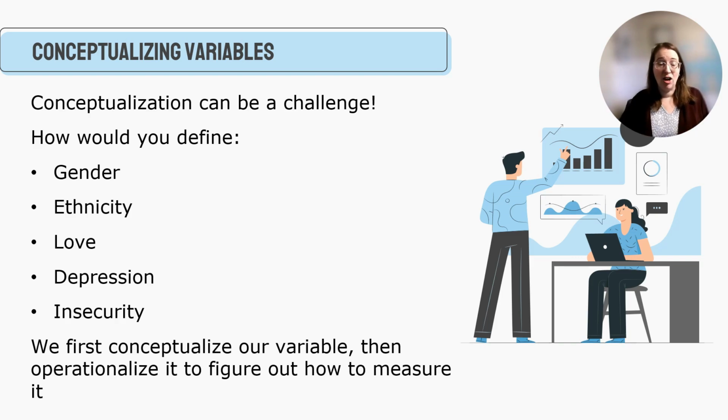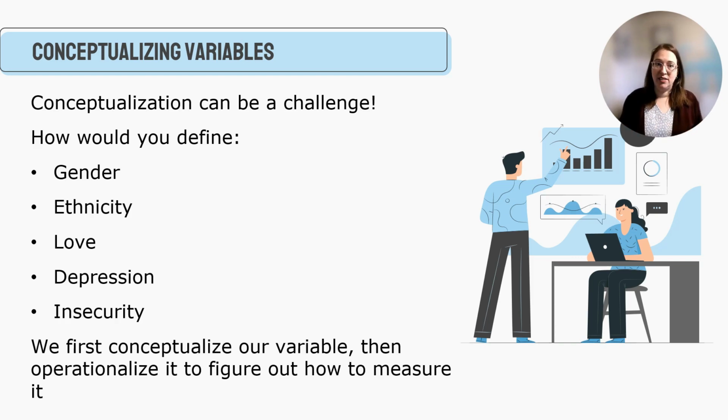Then we start getting into abstract concepts like love and depression and insecurity, and even those can be super challenging as well. I love using depression because that's a very complicated abstract idea. You might think, hey, it's not that hard, but you can look at depression through different lenses. You might say that people are feeling depressed as measured by a psychological component, negative thoughts that they have. Or you might say depression is really a physical constellation of symptoms, lethargy and sleeping too much, eating too much, sleeping not enough, eating not enough, those kinds of things. Or you might say, hey, depression is all of it. There's a social component with isolation, there's a psychological component and a physical component. So you really have to figure out how we are actually going to define or conceptualize this concept.